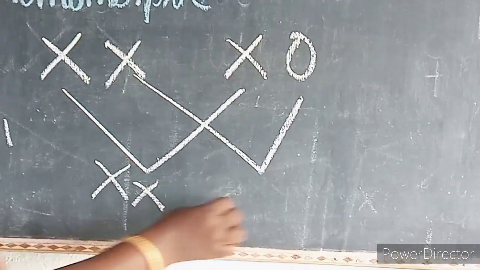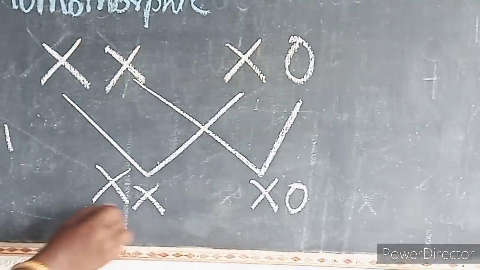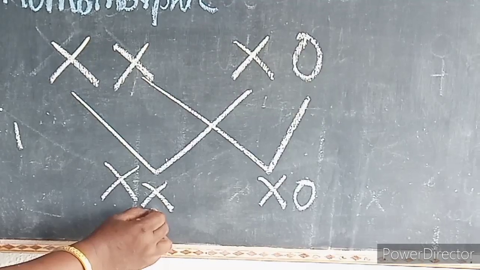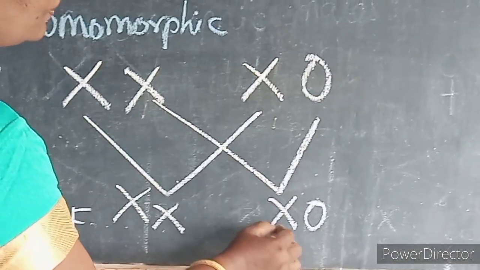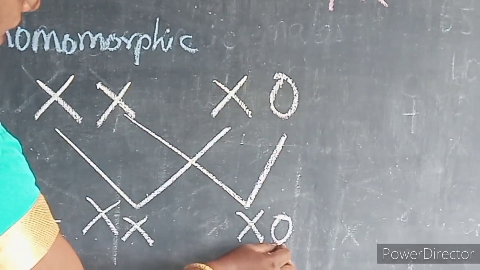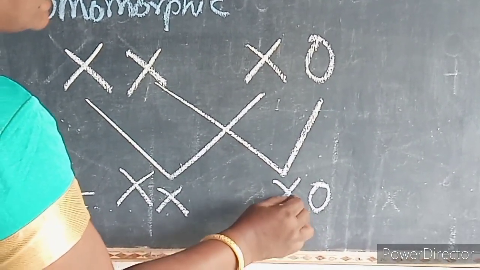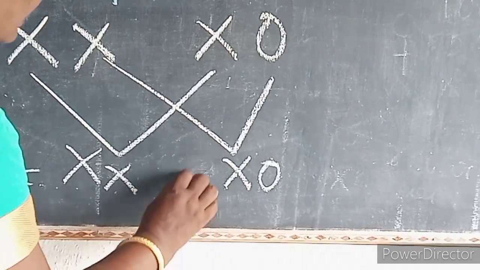So here it is producing two similar kinds of gametes, then it is a female. Producing two different kinds of gametes, the dissimilar gametes X and without the X, then it is a male.